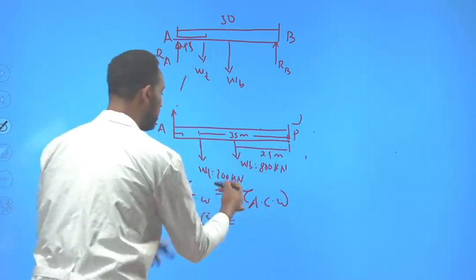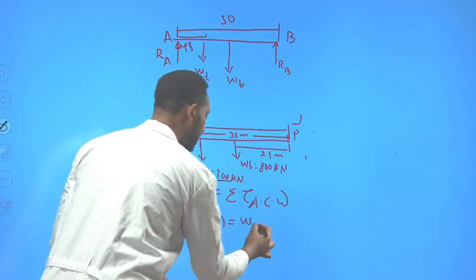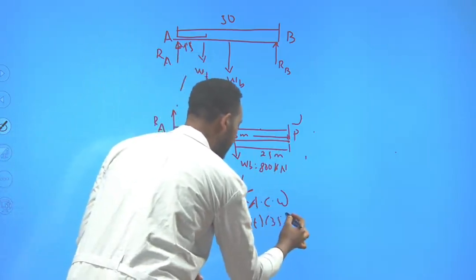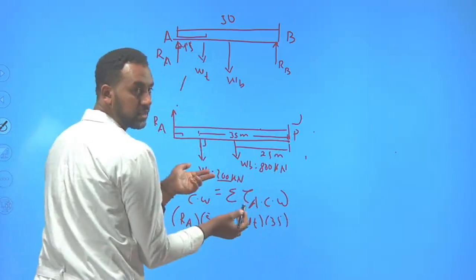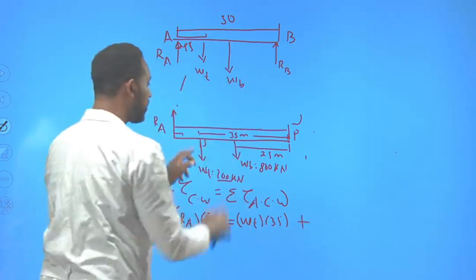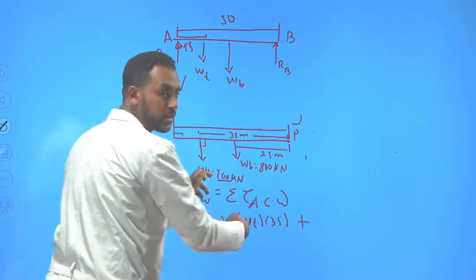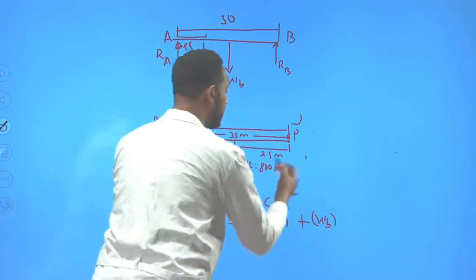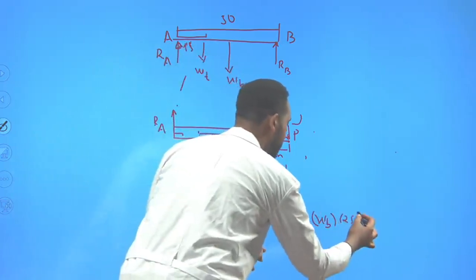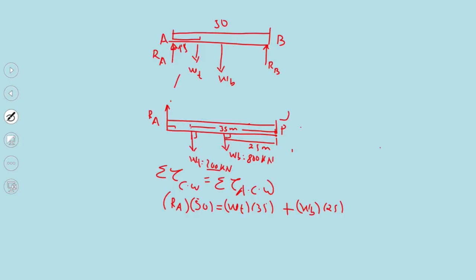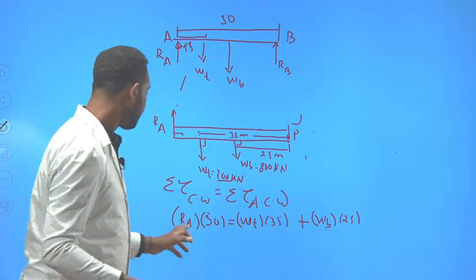What are the forces acting counterclockwise? The weight of the truck is 35 meter away, and here you have the angle to be 90 degrees. We don't need to use sine 90, since sine 90 is already 1. Plus, we should add, because both objects are tending to act counterclockwise, the weight of the bridge times 25. Sine 90 is 1. Therefore, the weight of the bridge times 25 and the weight of the truck times 35, and reaction